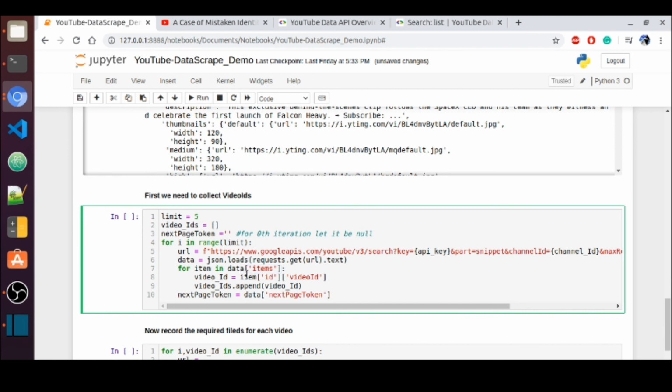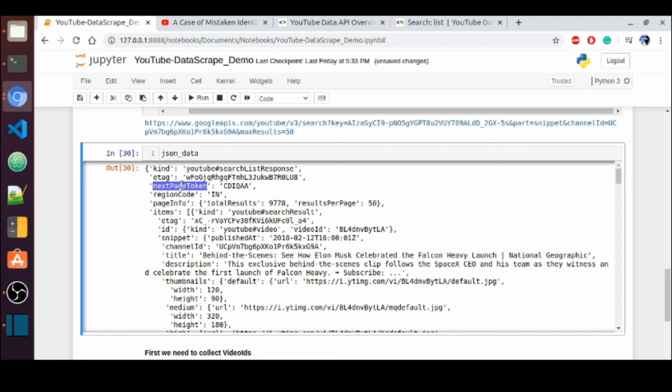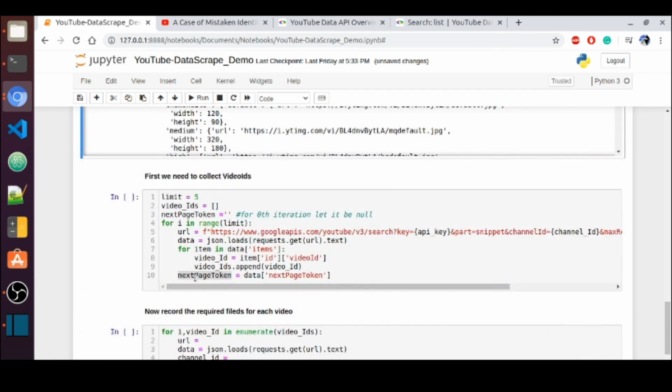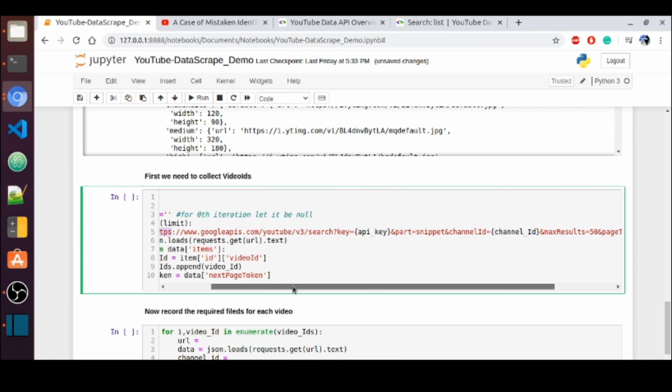So here I am collecting the video data. We are appending the video ID into this list. And as a final step, once we have collected all 50 video IDs, we will collect the next page token as well. We will pass this token in the next iteration.